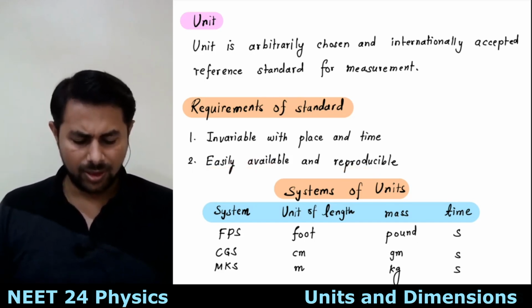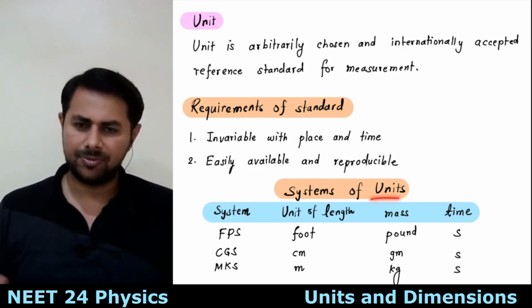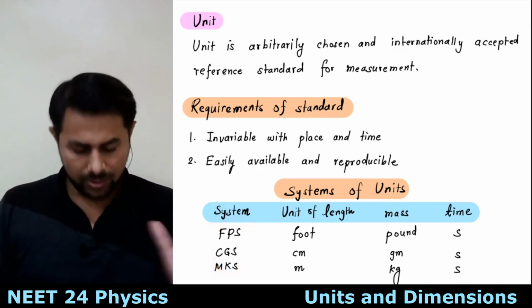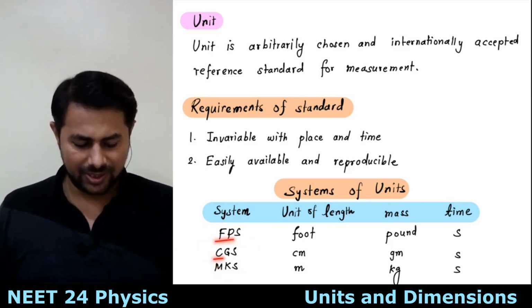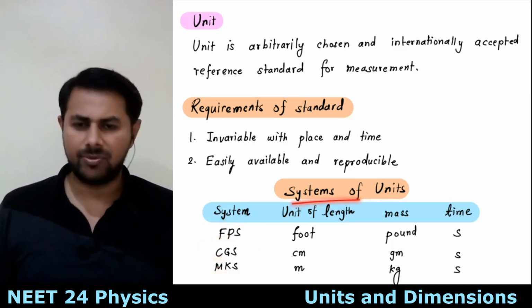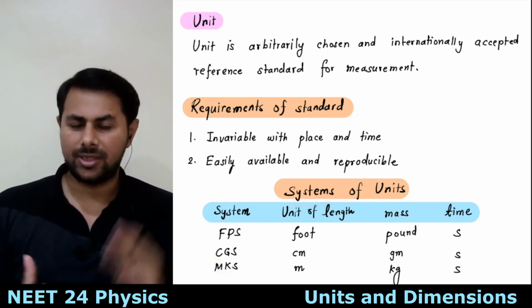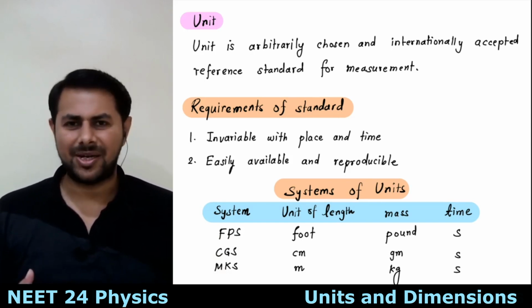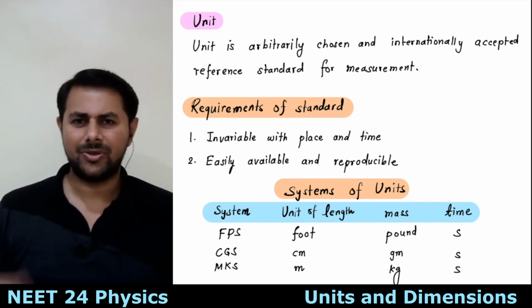So now, different parts of the world had different systems of units, and the most widely used were FPS, CGS and MKS. So now what is a system of units? Earlier there were only a few quantities studied in physics. Only one subject, called mechanics; the thermodynamics, electricity, magnetism, etc. were added later. Then modern physics was added later.